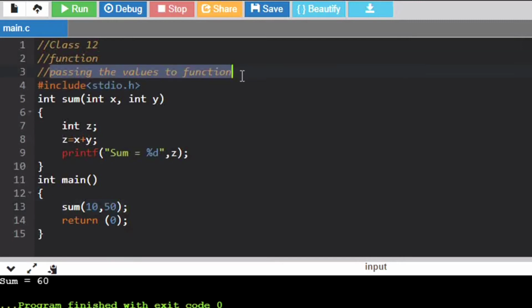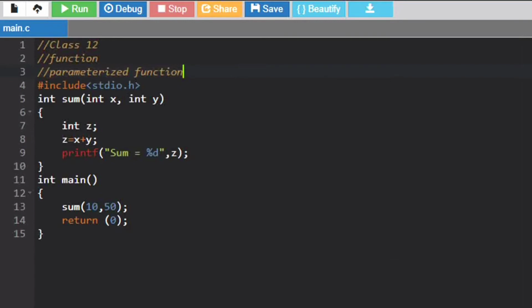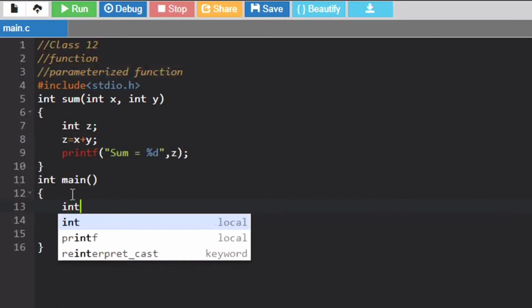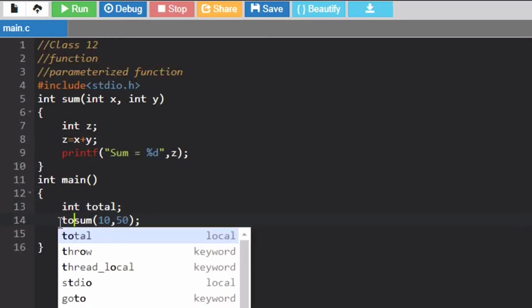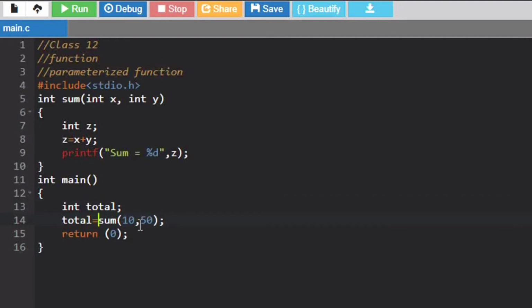Let's now move to another one, that is a parameterized function, which is similar to passing the values to a function. Okay, so in this we just have to declare a variable, let's say total, and then we will assign total the sum function, and we are going to pass these values, let's say 10 and 50, and then we would be displaying it. So since it's a parameterized,